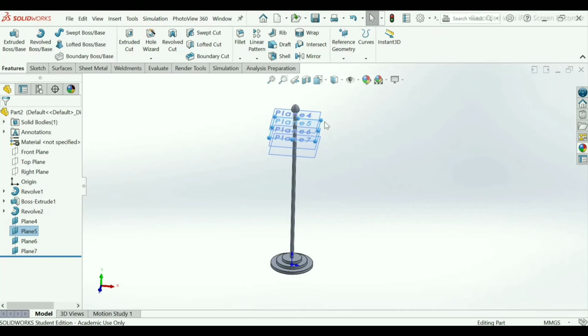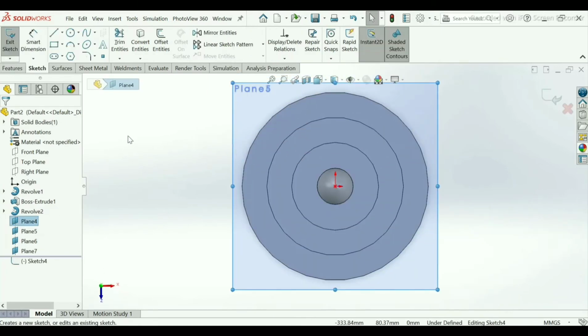Now select your first top plane, that is plane number 4. Sketch. Now again choose your spline command.